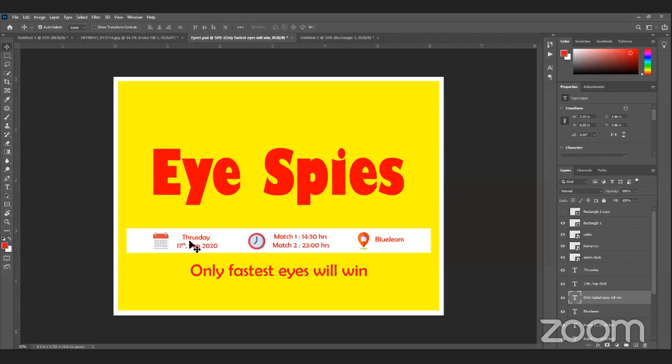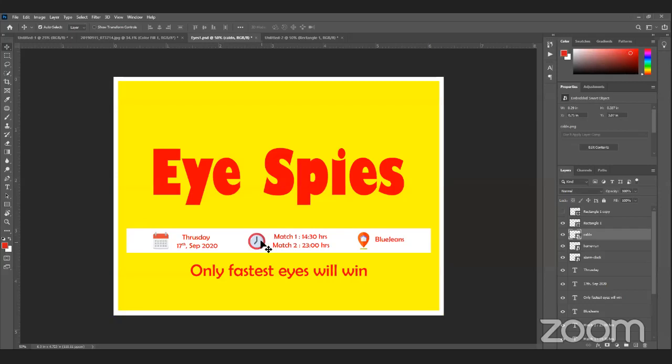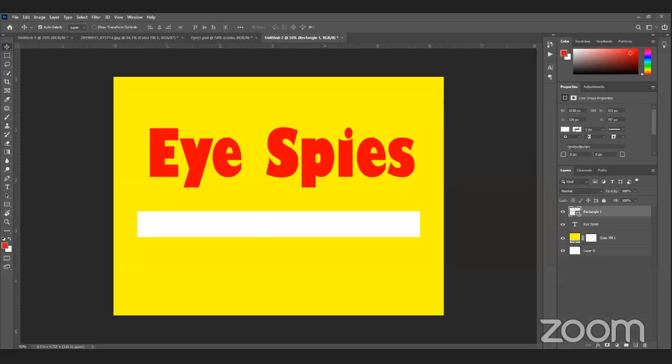Over here you can see these are graphics. I have downloaded these graphics from Google, and you can search for icons like a calendar icon or clock icon. You can get them from Google, download them, and use them. I have already downloaded them, so I'll put them there. Just a moment, I'll check where it is. Okay, I got it.